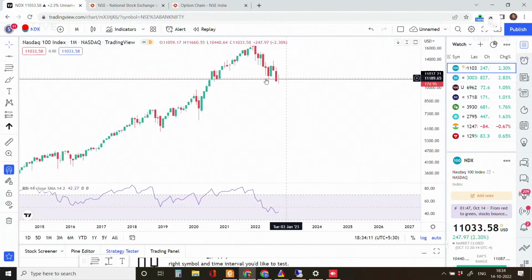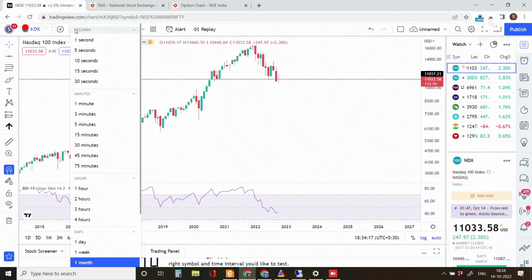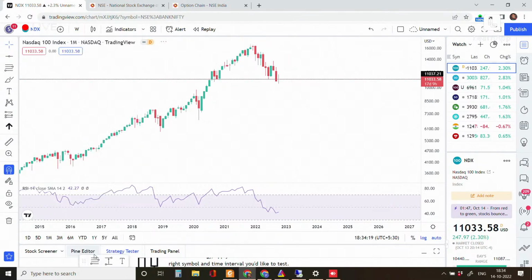I'll show you all the indices one by one. Come on to the charts. So over here we see NASDAQ. You see on the monthly level, around 11,000 levels, this is a very nice support over here. If I go to weekly,